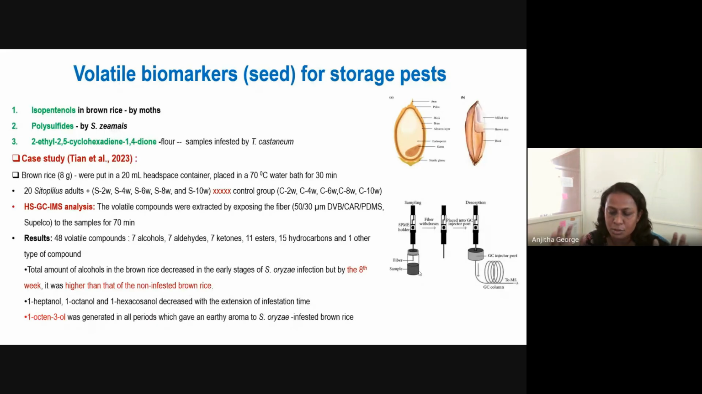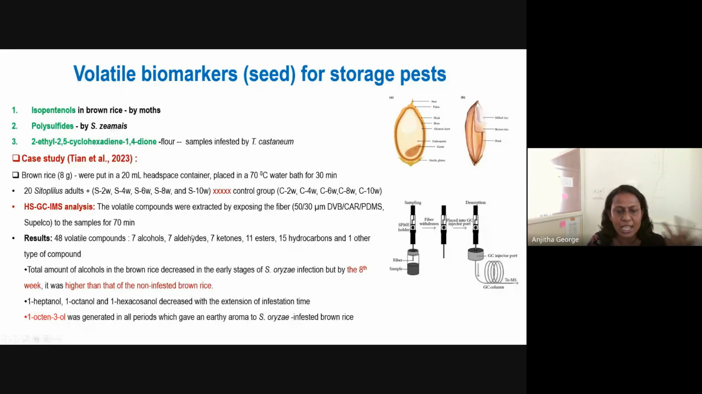During this period, all the volatiles released from the seeds will be adsorbed onto this needle. You then inject this needle into the GC-MS port, and from there we can get the GC-MS profile: what volatile compounds, what chemicals are present in this seed. That is how you can document all these compounds. In their study, they got around 48 volatile compounds,